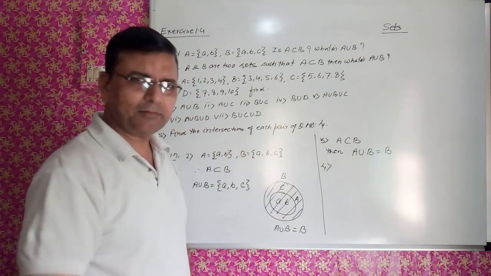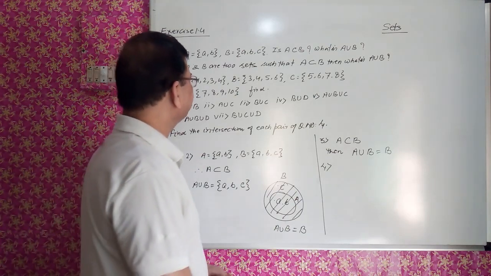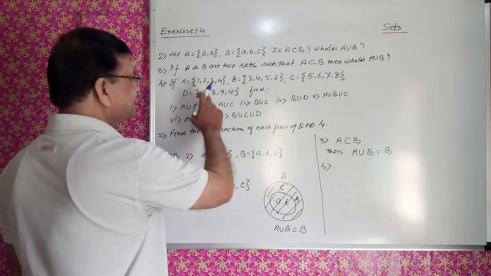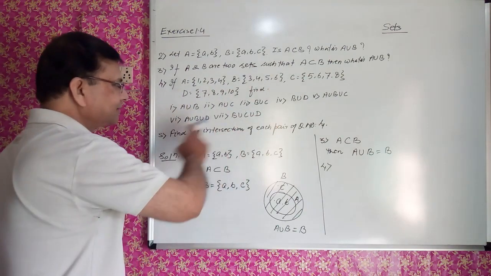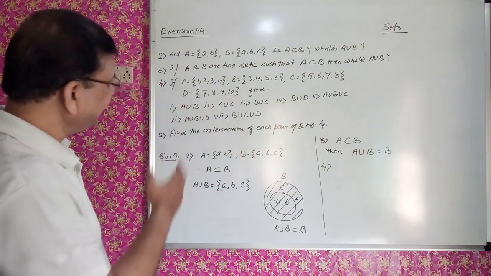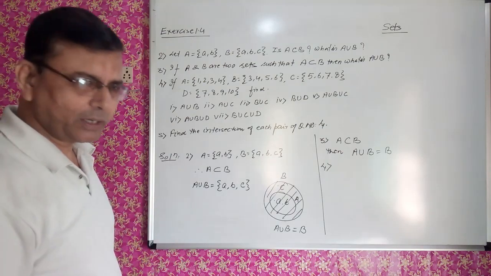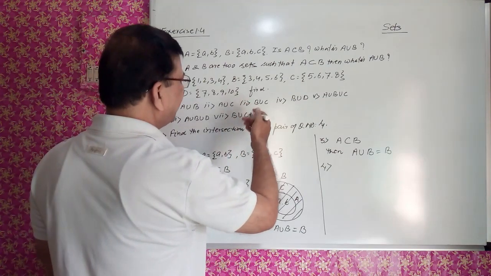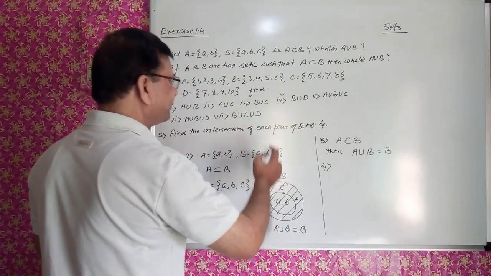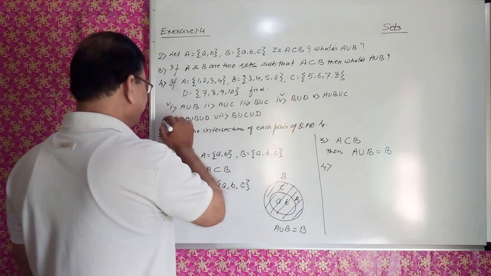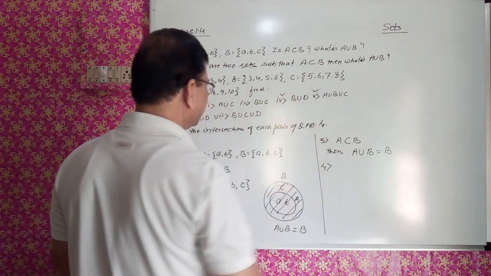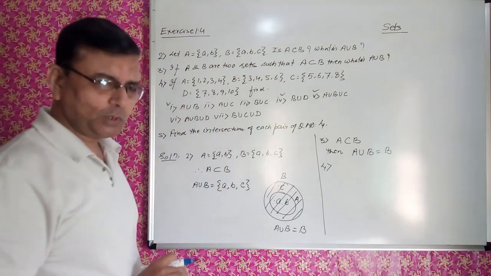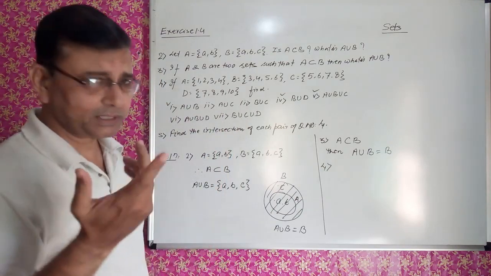So if you practice, it will be easier for you to understand further. So fourth question. If A is this, B is this, C is this, and D is this, fine. There are 7 of these. So I will take up a few of these to make you understand the concept. I will take up the first one, then suppose the fourth one, then I may take up the fifth one. So 3 parts I will be taking. The remaining you are supposed to do. Concept is clear, so the remaining you can solve on your own.